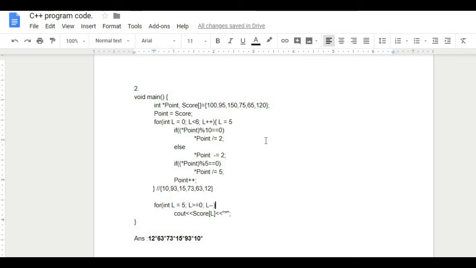So when you execute the final for loop, L will be 5. So it will start from 5 down to 0. The fifth value, L of 5 here, will be printed as 12. So 12 star, and the next iteration for L equal to 4 will be 63 star,